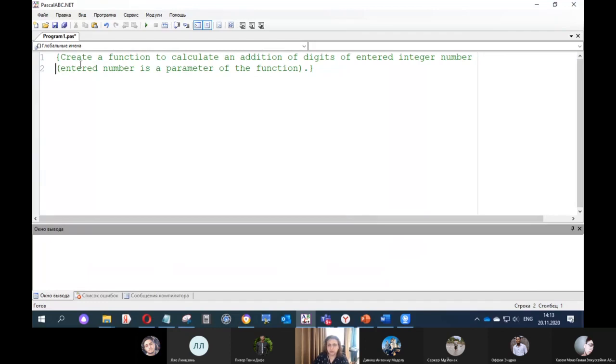What we are going to do: create a function to calculate an addition of digits of an entered integer number. So the number will be entered, and we must take the digits of this number. So get the digits, and we must add these digits, and the sum of these digits must be returned